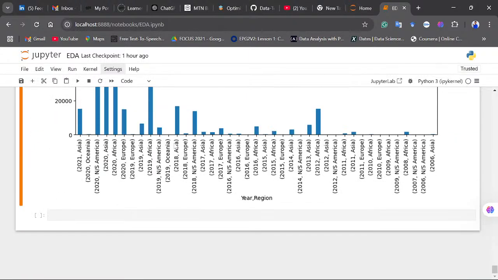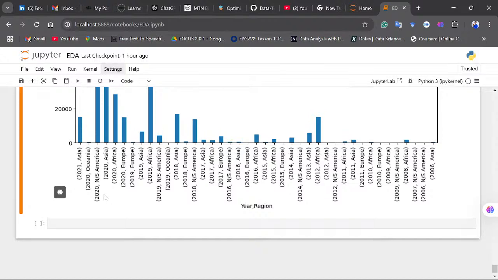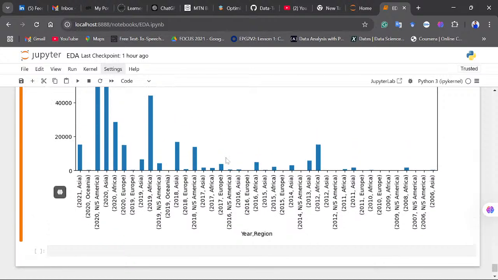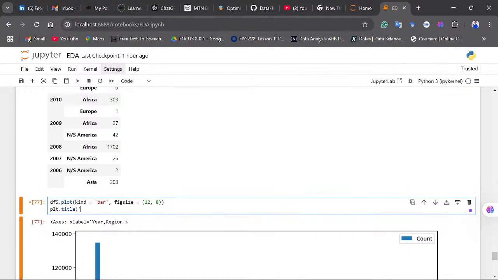So when you look over here, we have year and region showing. You can see that each year is being represented, and the country is also being specified. That is very good to visualize. So I'll say sum of count of killings, maybe by year and let me say region,